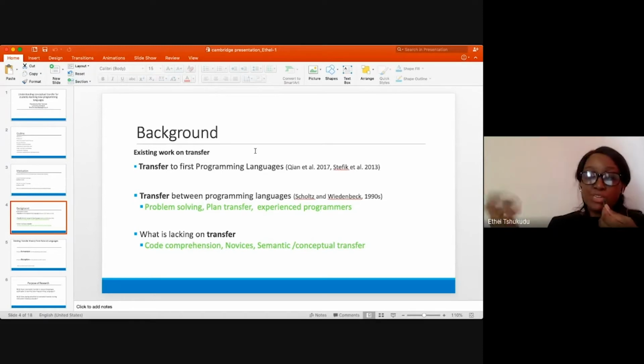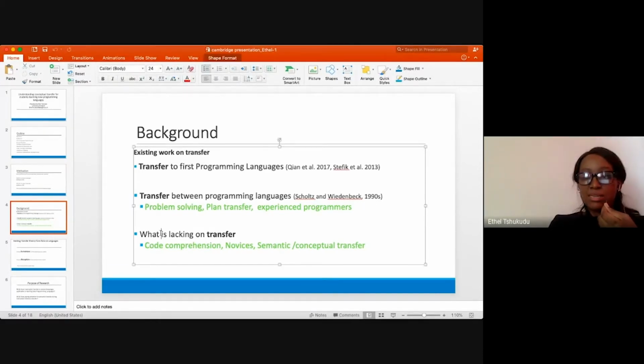Some might call it computational thinking, and then we have the code comprehension part, which is a recent line of thinking. You will find lots of that. Even Schulte has a model that explains how programmers understand code. So I found that we don't have existing studies